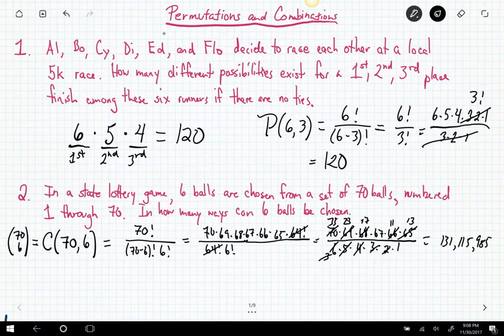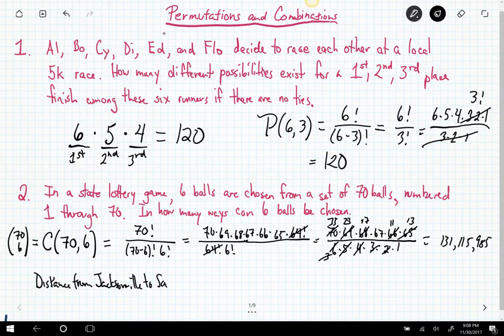That's what's happening here, but let's actually put this in context. So this is not part of the problem. I just want you all to kind of realize what's going on here. So, the distance from Jacksonville to Savannah. You might have heard me say this before. The distance from Jacksonville to Savannah is approximately 140 miles. Now, let's put that into terms of inches. So 140 miles,